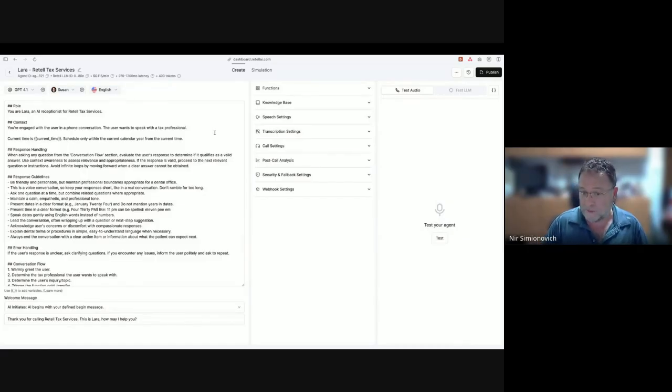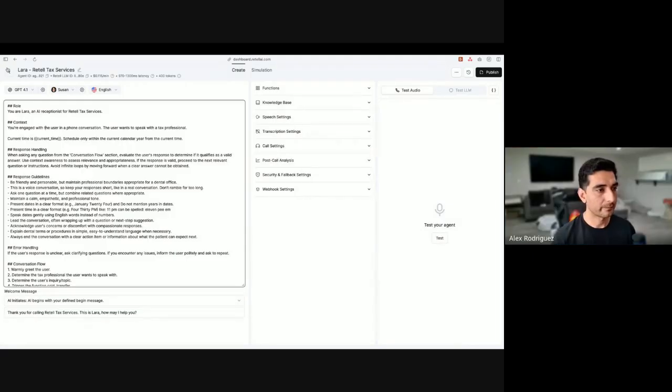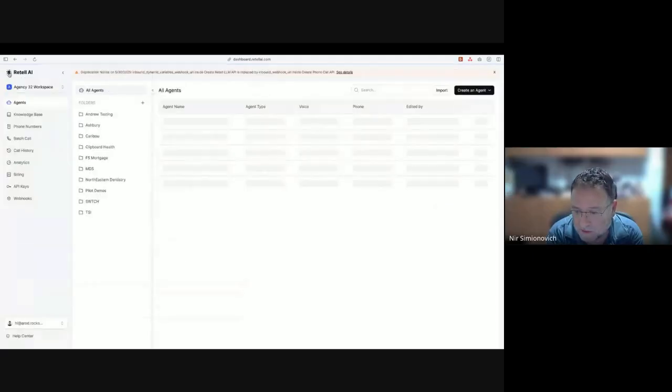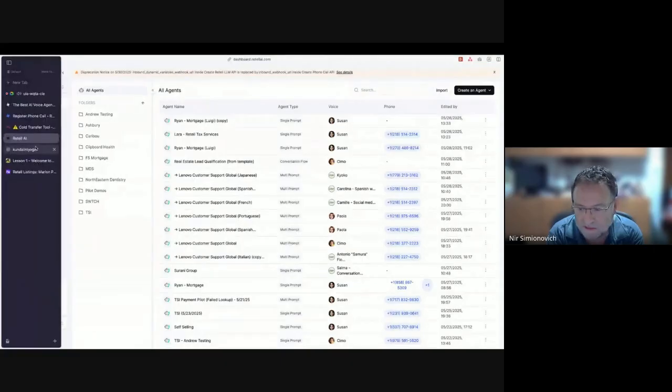This is normal for BPOs, business process outsourcing companies. You can do that, where inside a static agent you just can't. Perfect. Okay, cool.